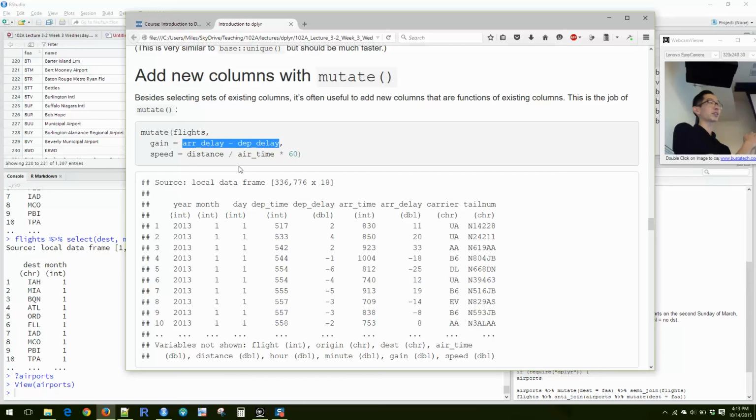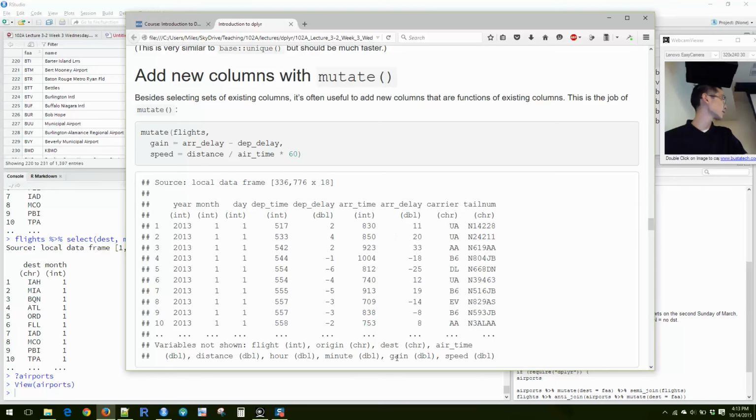And let's say it was scheduled to leave at 8 a.m. and it leaves at 8:10. Then your departure delay is 10 minutes. And so if you end up less than 10 minutes late at your arrival, that means in your flight you gained some time, right? They made up for the lost time. So we can do arrival delay minus departure delay, and if we